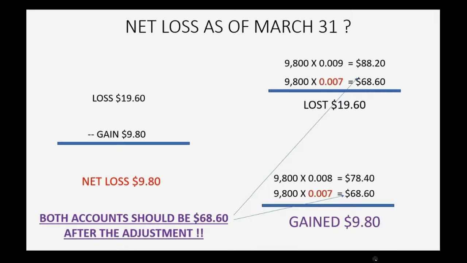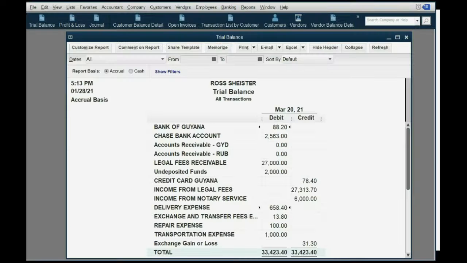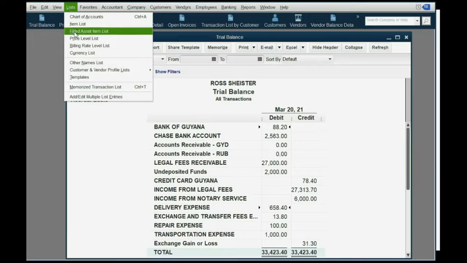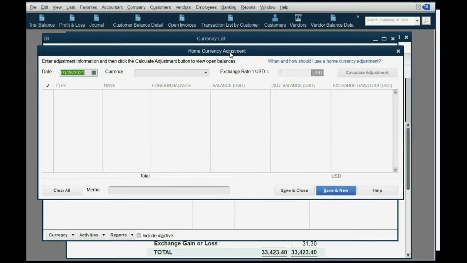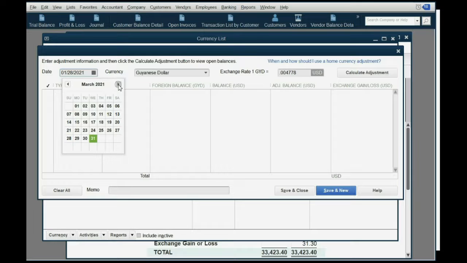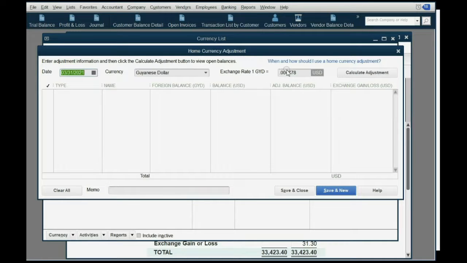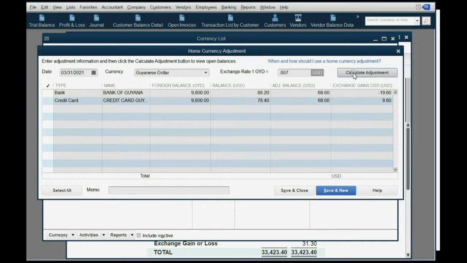So let's go ahead and make our home currency adjustment. We click List, Currency List, then we go to Activities, Home Currency Adjustment. Now, we're only adjusting the Guyana dollar, and the date is the most important thing. The date we're adjusting is March 31st, and on March 31st, the Guyana dollar was only worth 0.007. We calculate adjustment, and we see the bank account lost